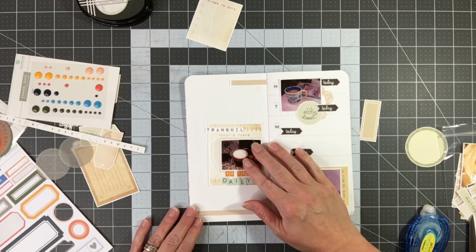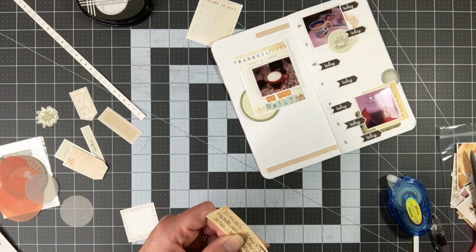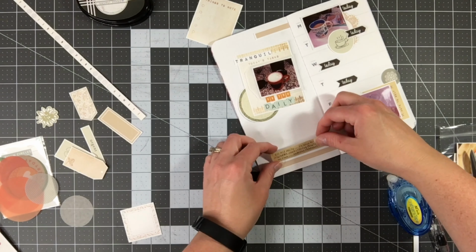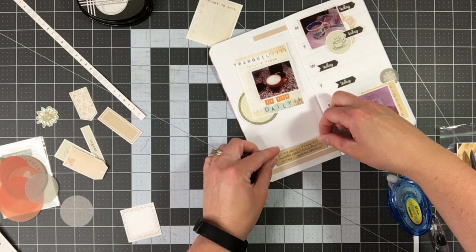This layout ended up having a lot of natural colors to it, but I kind of mixed in a few bluish greens as well as additional olive greens and some orange. I thought orange ended up being a pretty good complementing color, and I don't actually scrapbook with orange very often, but when I have the brown tones and the green tones already in the collection, orange is a very simple